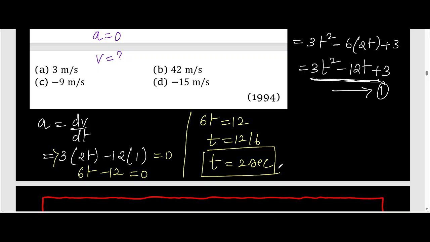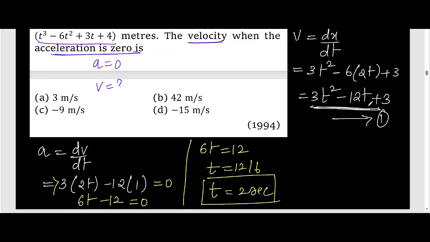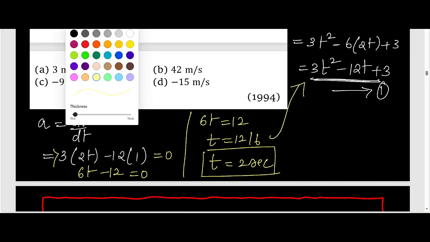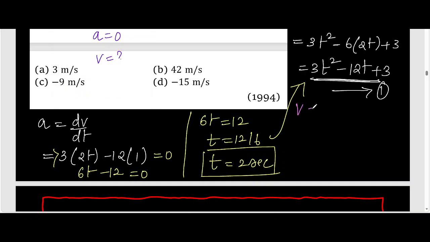So what do we have to find? We have to find the velocity. We got the equation for velocity, but the options are in numbers, so just substitute this t value in this expression. What will you get now? v is equal to 3 into t square, which is 4, minus 12 into